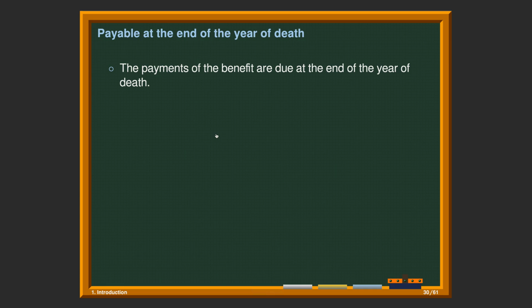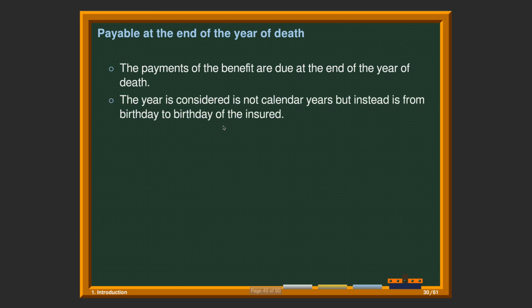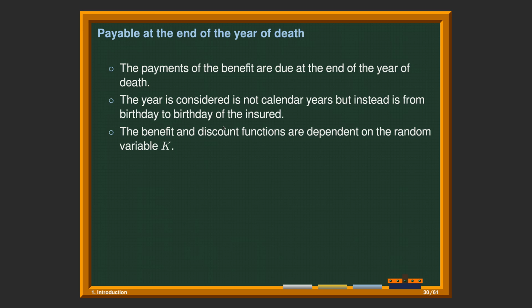So, the payments of the benefit are due at the end of the year of death. So that's our assumption now, since we would like to discuss the insurances which are payable at the end of the year of death. The year is considered not calendar years, but instead it is from birthday to birthday of the insured. Okay? And our random variable Z, which is the present value random variable for the benefit of the insurance, will